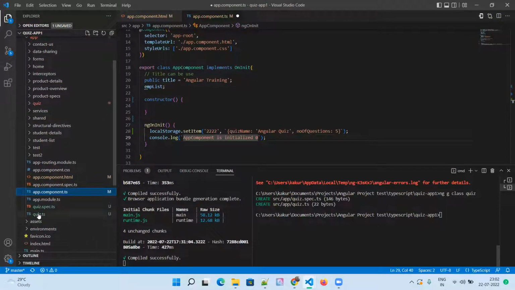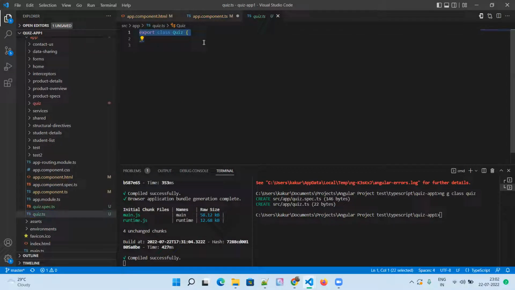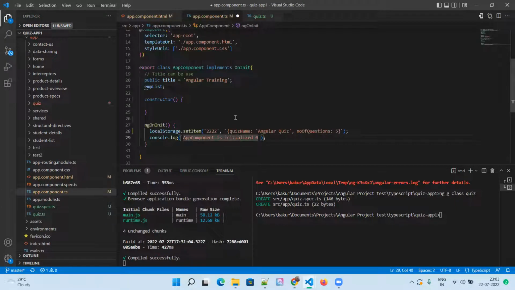Yeah, here it created quiz.ts. So it is a pure TypeScript class. It will not have any decorators, or any other things. You can create two fields. Field 1 for your name, and field 2 for the number. Okay, this must be a string and this must be a number. Okay, just change the names as per the requirement. I just gave field 1, field 2, but give quiz name and number of questions, those two fields. Okay, and we saw how to use